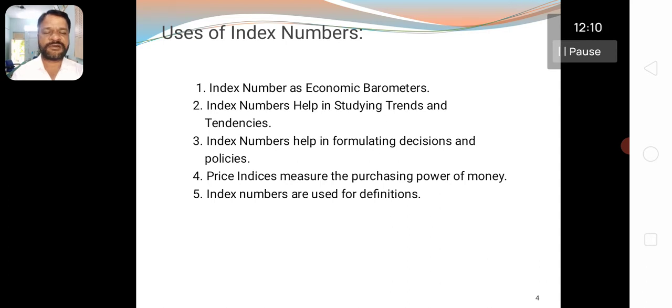As already told, in the year 1992, 10 grams of gold was available in the market for 4,500 to 5,000, but the same 10 grams of gold now is 49,000 to 59,000. It shows that the purchasing power of money is decreasing day by day,